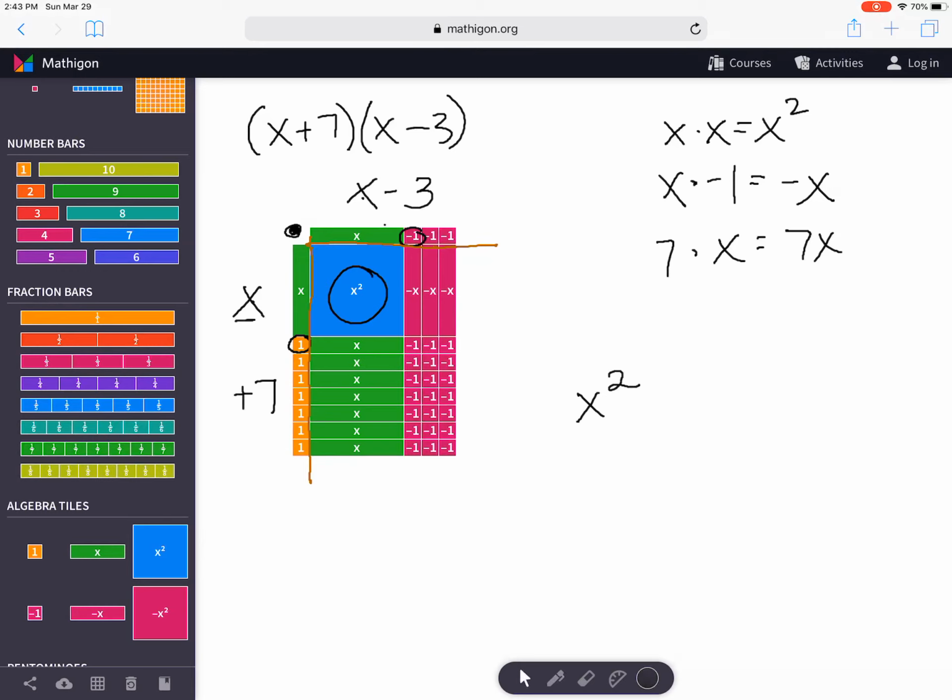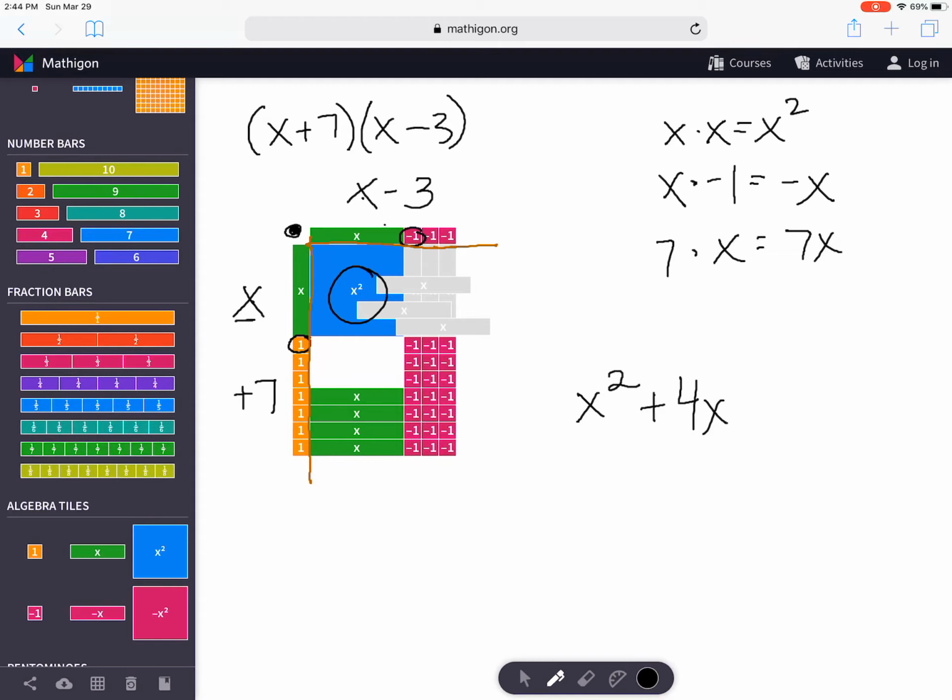Now over here I have 3 negative x's and 7 positive x's. These will zero out as 0 pairs. So if I take this x and combine it with that negative x, those zero each other out. They're 0 pairs. There's another 0 pair and my final 0 pair. So I'm left with only 1, 2, 3, 4 positive x's. So I'd write plus 4x. When I look at my negative 1's, there are no positive 1's to zero them out, so those would